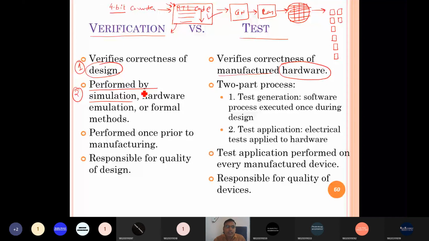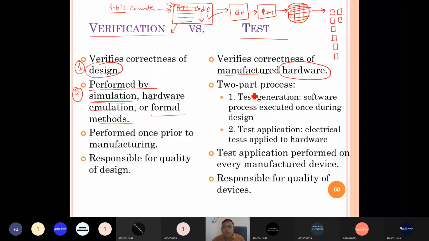So verification is performed through simulation, hardware emulation, and formal methods. A formal method checks the functionality: if the functionality in the specification and the design match in terms of some modeling, it is a formal verification.